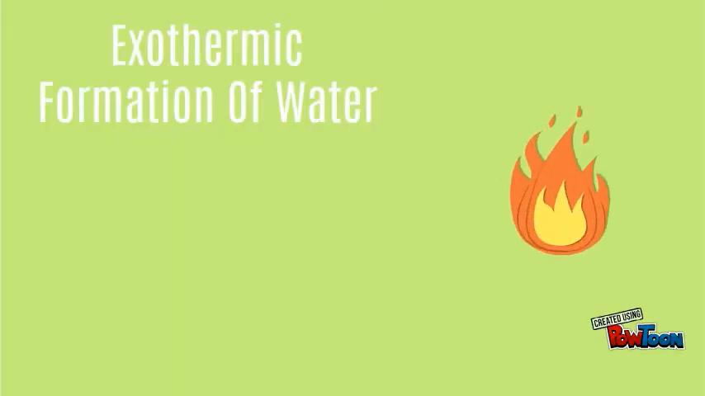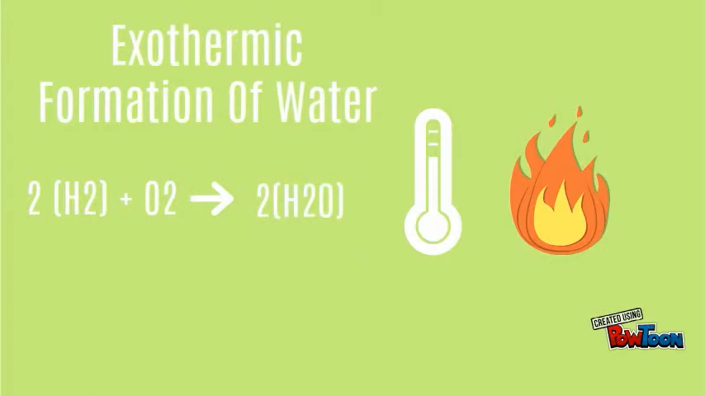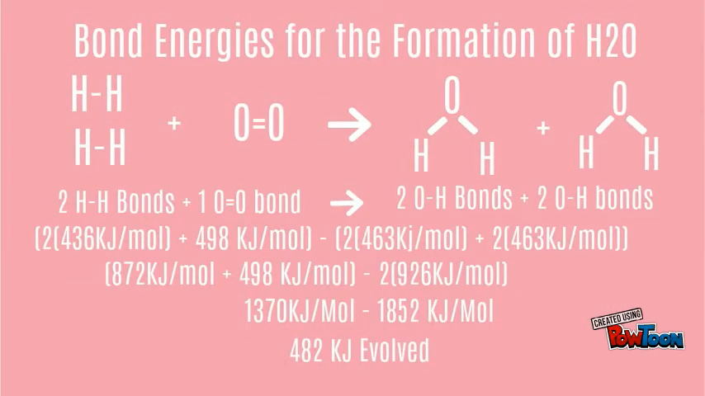The reverse of the dissociation of water is the formation of water, which also happens to be a combustion reaction. Finding the overall bond energies can be done by subtracting the energy of the bonds formed from the energy of the bonds destroyed. This reaction instead has 1 double oxygen bond and 2 hydrogen-hydrogen bonds that are broken, while there are 4 single oxygen-hydrogen bonds that are formed. From the calculations, it shows that there are 482 kilojoules of energy evolved from that reaction. Notice that the amount of energy it takes to form water is also the same amount of energy that it